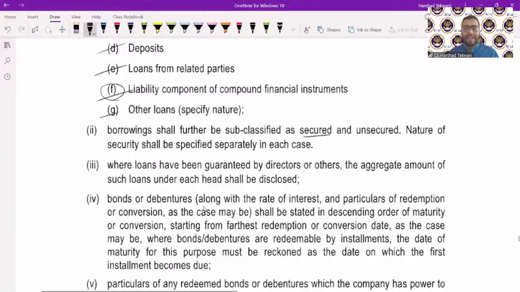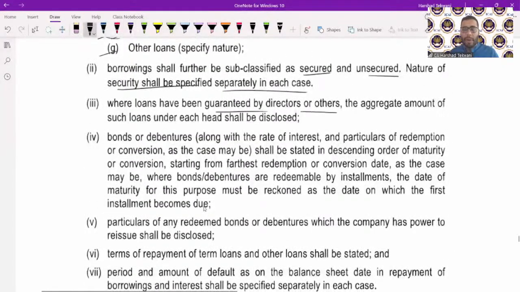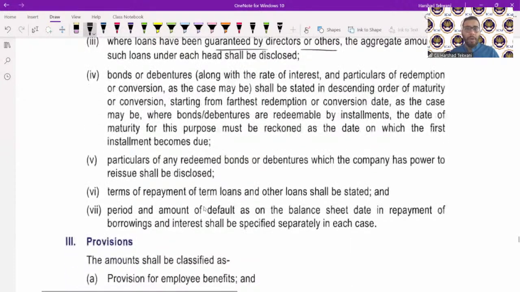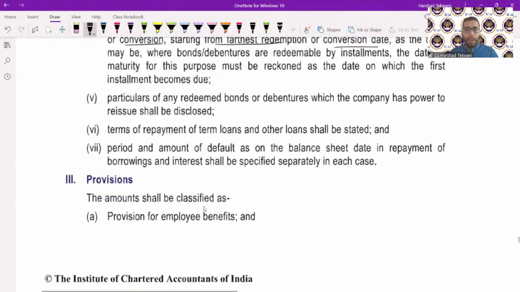Again, borrowing is required to be classified as secured and unsecured, and security is required to be specified in each case. Guarantee by directors and others is required to be provided. For bonds and debentures, you need to provide them in descending order of maturity or conversion, from the farthest redemption or conversion date first and then coming back to the nearest one. Particulars of any redeemed bonds or debentures which the company has the power to reissue, terms of repayment of loans, and